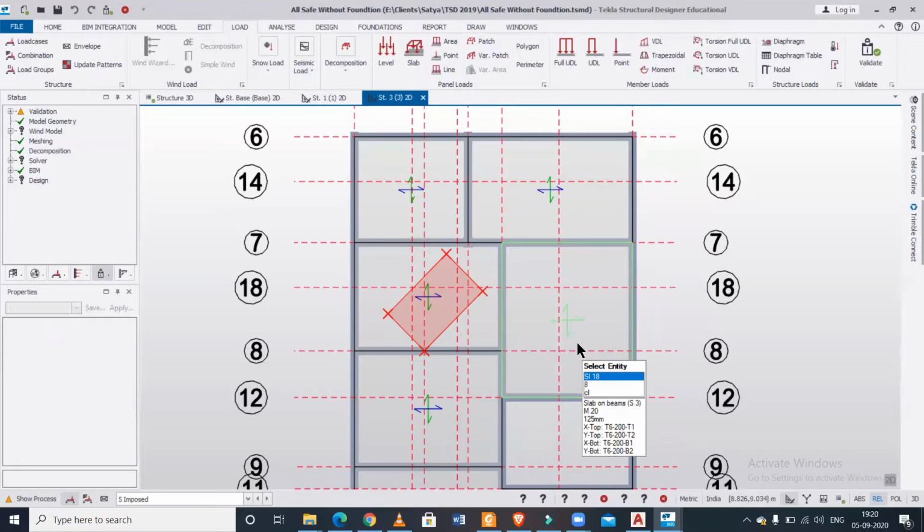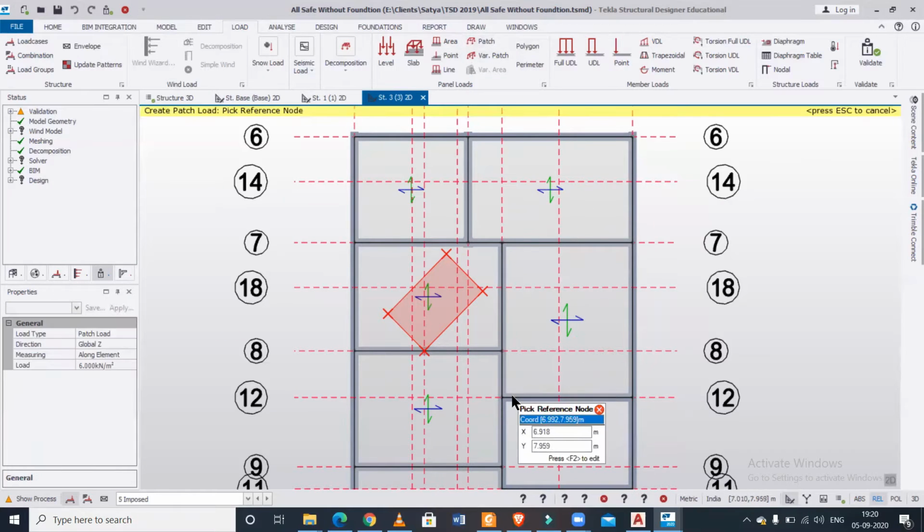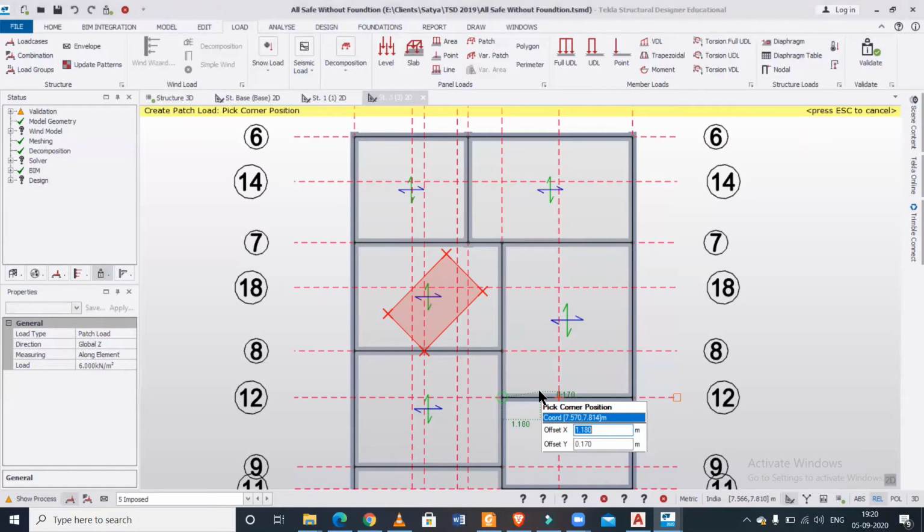If I want, I can also assign patch loads by inserting values. Let's say from here I want to create a patch load at an offset of 1 meter. I'll click F2 and enter 1 meter, then click tab and 1 meter, and then enter.